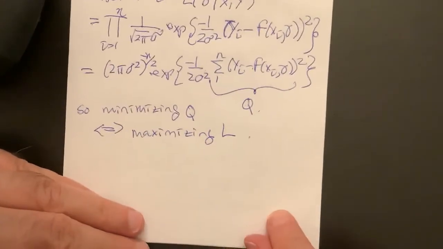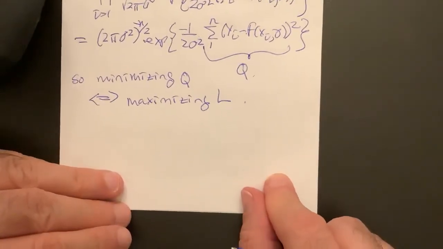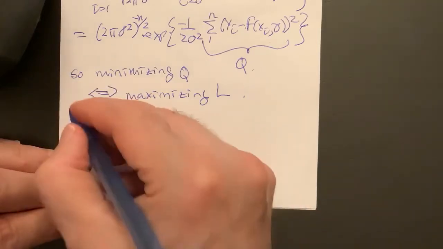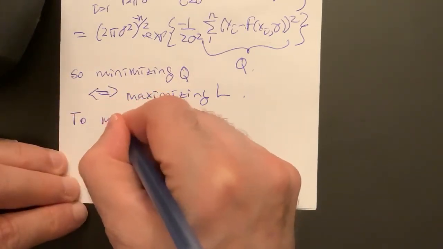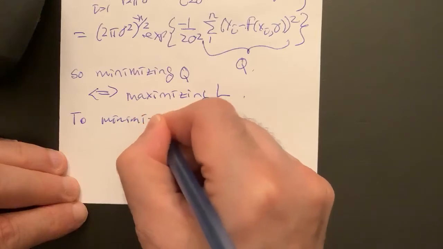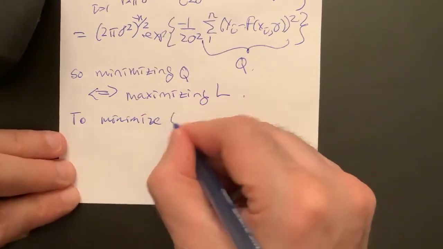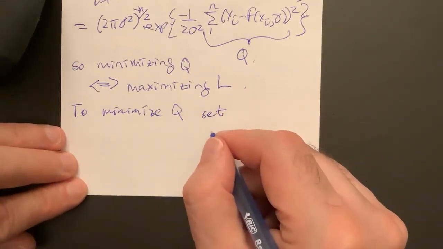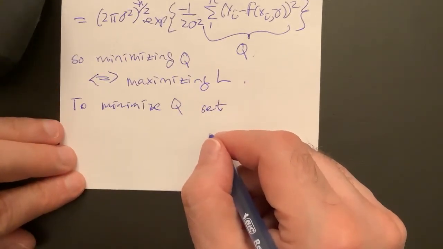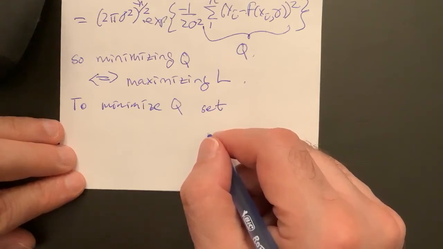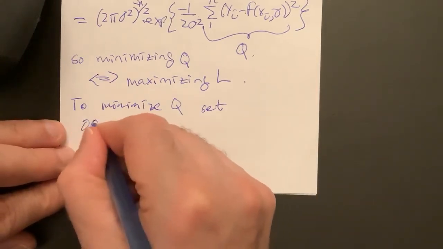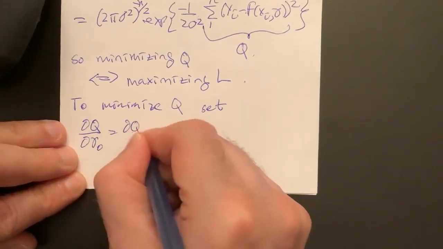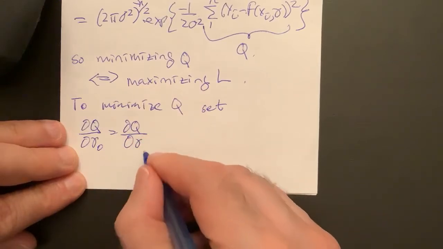So instead, we just use the more mundane direct approach, which is calculus. So to minimize Q, we set the partial derivatives equal to 0. That would be easy, right? That was it. To minimize Q, we set dQ/d gamma 0 equal to 0, dQ/d gamma 1